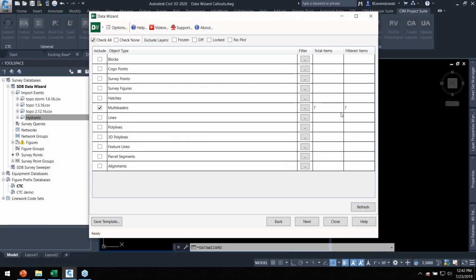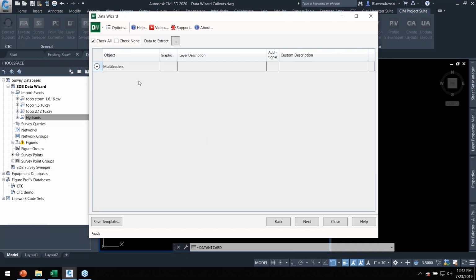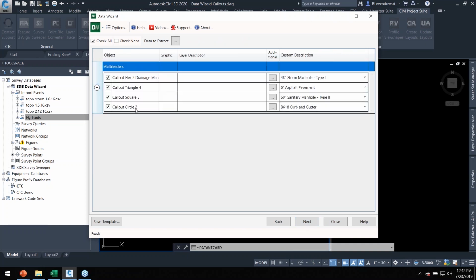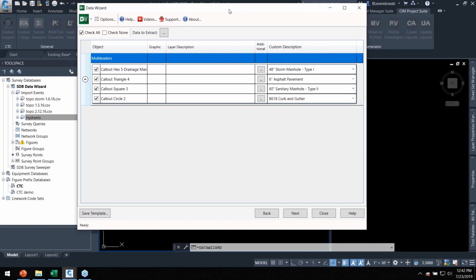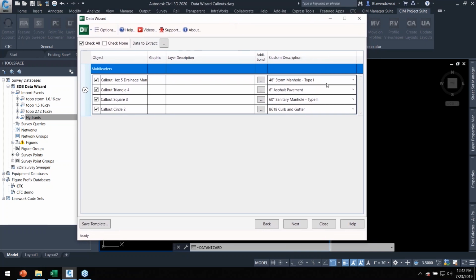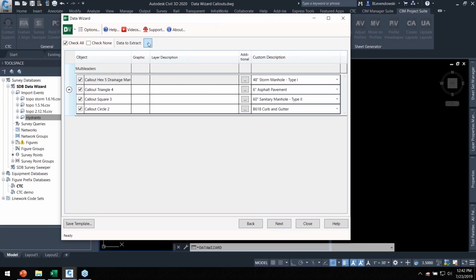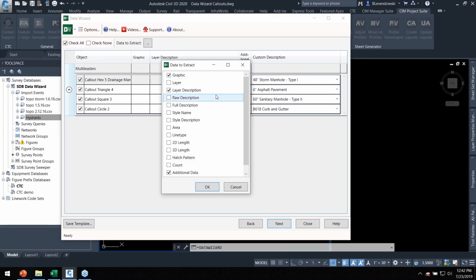And hit the refresh button here. It shows I've got 7 items with no filters. Hit the next button here. Multi-leaders. And I've run this before in here. Native table styles, but the custom description. So this stuff will be remembered or saved as well. So when it finds a callout native Civil 3D table name, it'll drop description. But we could put other information in here as well, in some other webcasts. It's embedded inside of our